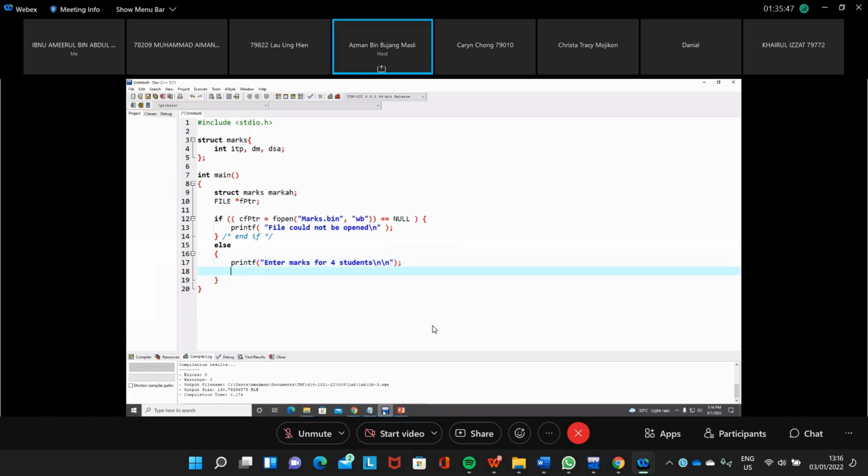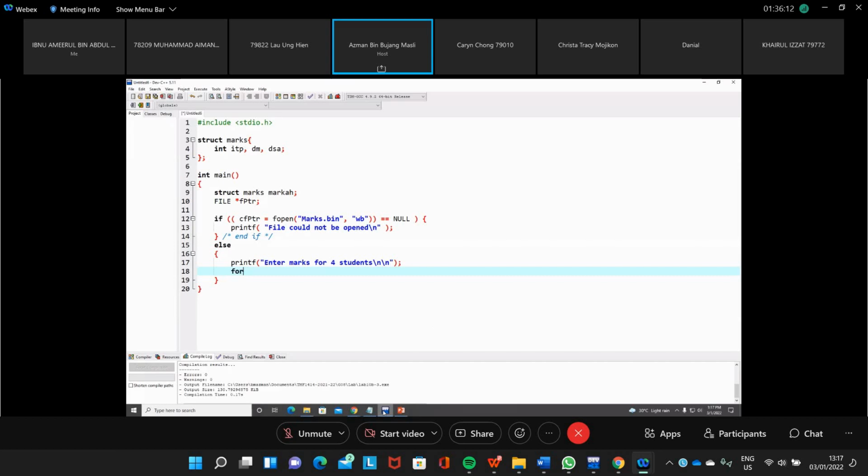We can use a for loop to get the marks for 4 students. Every time we read the marks from the user, we put it in, so we can use a for loop here.